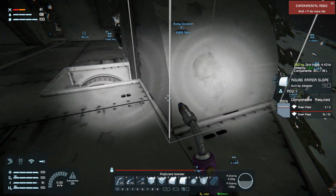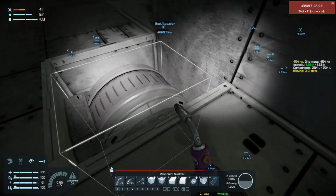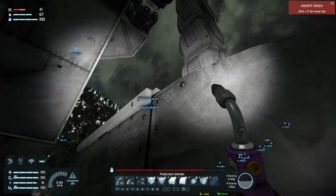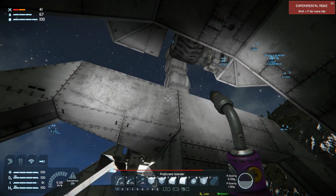And what's going to happen is these pistons right here, once I have enough of them on there and they extend far enough, they're going to have another pulley in the middle. And so all of this weight is going to be transferred to here. So then as this goes down,